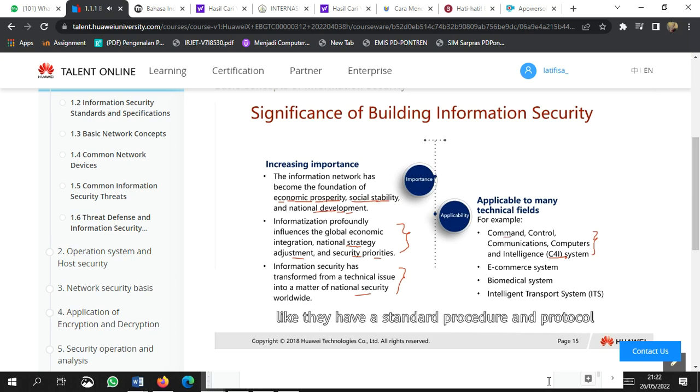Like they have a standard procedure, a protocol from command to control, how to communicate, how they use the computer, and how they gather the information, the intelligence. E-commerce systems, we definitely know about this. Biomedical systems, and also the ITS, intelligent transport system. So these are many things which show the importance of information, and all these areas require information security. Especially the